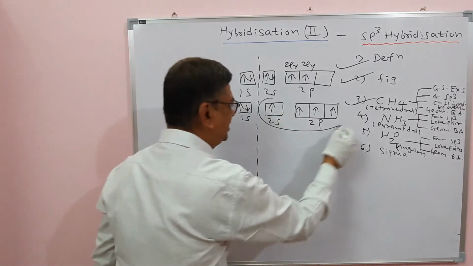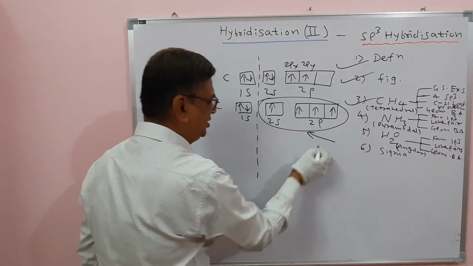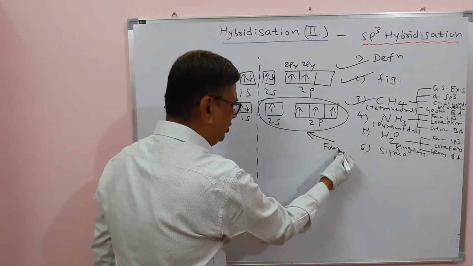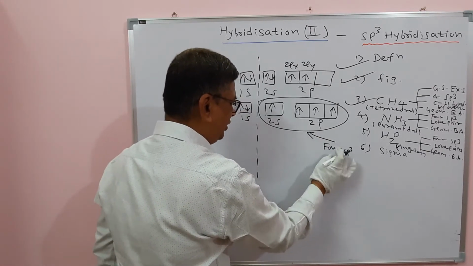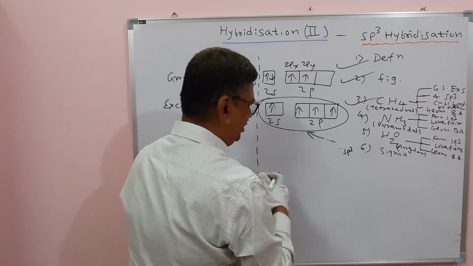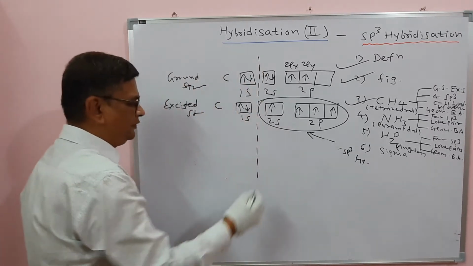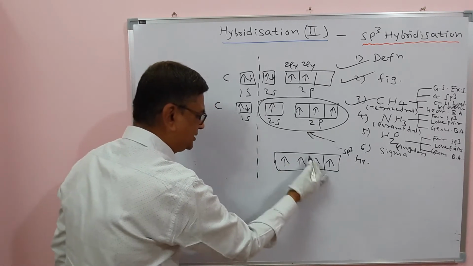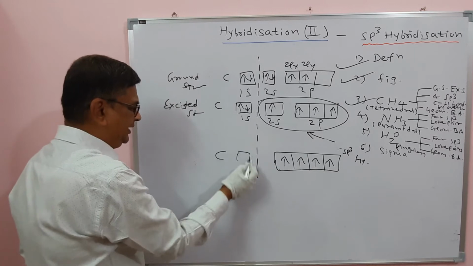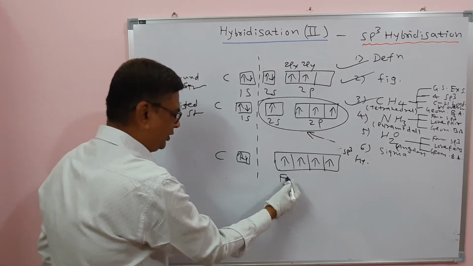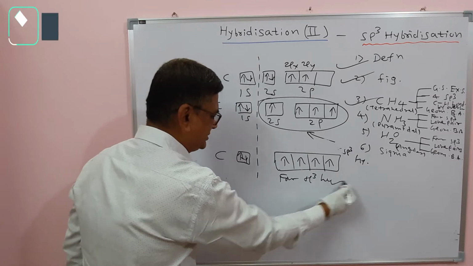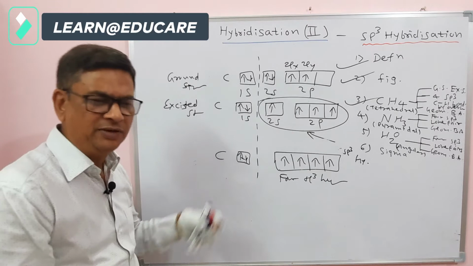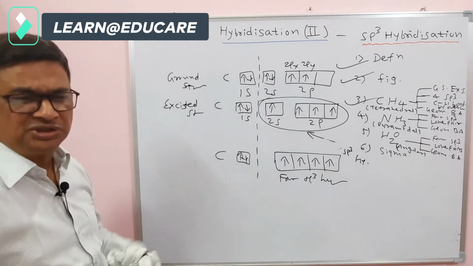And in sp3 hybridization, these 4 orbitals, that is one 2s and three 2p, undergo hybridization to give 4 sp3 hybrid orbitals. So this is the sp3 hybridization process where after hybridization we get 4 sp3 hybrid orbitals, and it is this structure here. This is the block diagram. If you want to know how 4 sp3 hybrid orbitals form, we have just seen in the diagram before starting this discussion for methane.